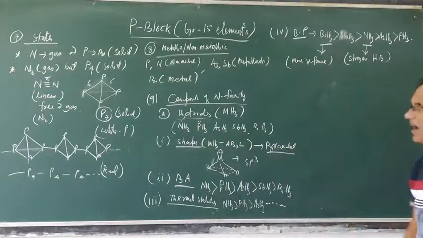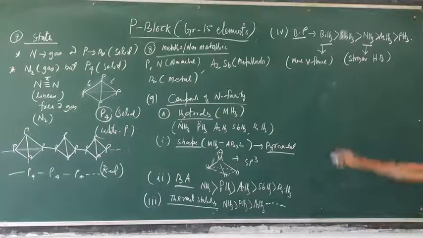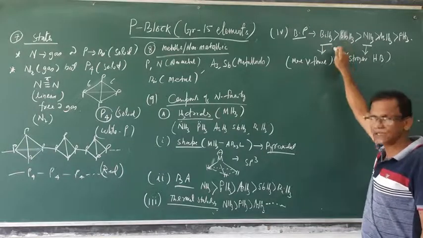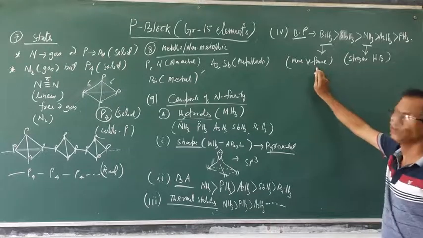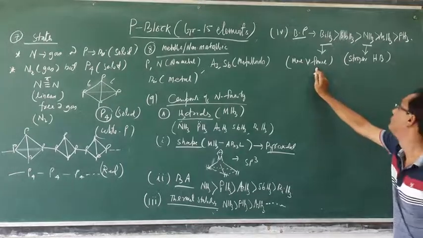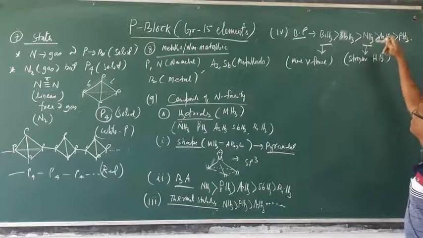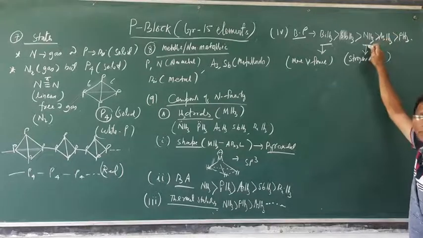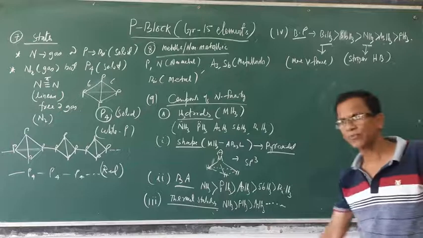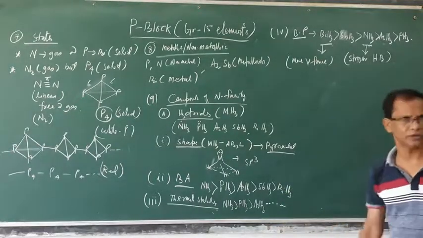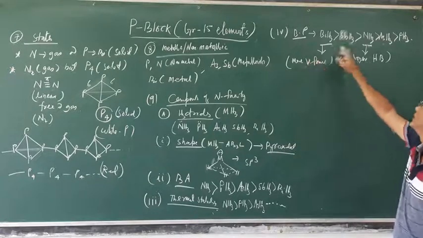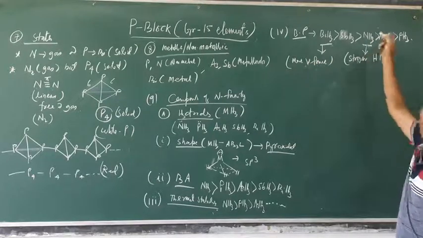If the question is asked why bismuth hydride has greater boiling point, your answer will be: as it is large in size, due to the bismuth. So BiH3 has larger size, so van der Waals force is more, so boiling point is more. But why is ammonia just greater than AsH3, although small in size? Due to stronger hydrogen bonding. So which force is greater determines the boiling point. Here van der Waals force is more, so boiling point is more. Here hydrogen bonding is more, so boiling point is more compared to arsine.